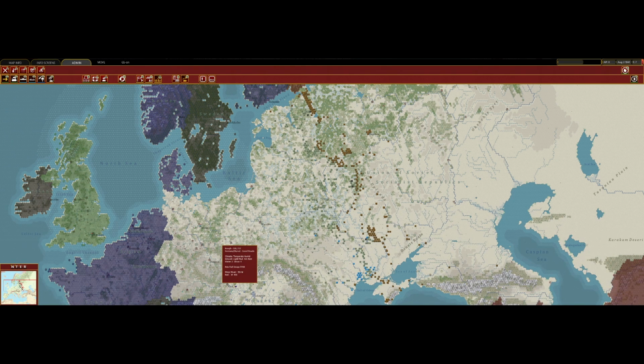Welcome back to War in the East. We are now on turn 7 and it's August the 3rd, 1941. That means since the 22nd of June it's been about 5 weeks of time, but 7 turns. The first turn is a bit shorter